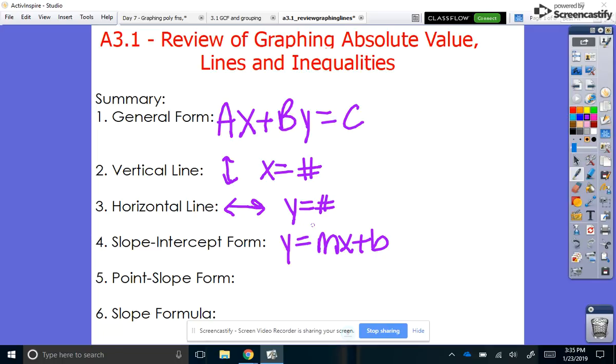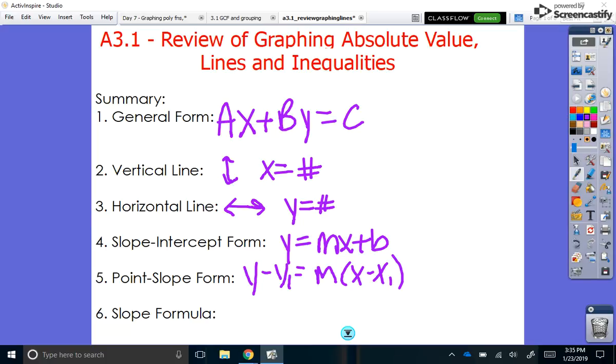Point-slope form is y minus y1 equals m times x minus x1. And then the slope formula is y2 minus y1 over x2 minus x1. This should all be review, but if it isn't, make sure you commit these formulas to